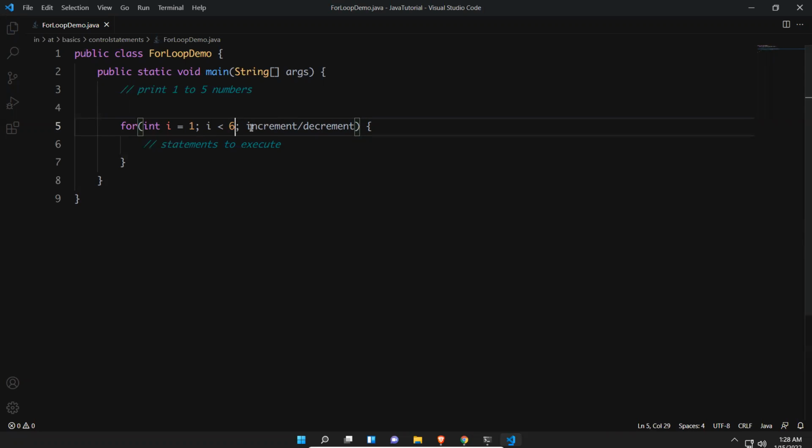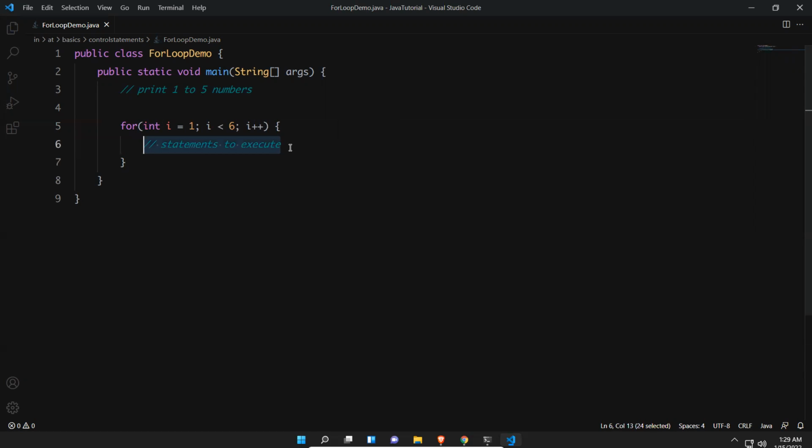Increment or decrement according to your requirement; I'll say i plus plus. Initialization, condition and updation, everything will be on the same line, within a bracket. In the while loop, you initialized outside the while, checked the condition in the while, and in the statements you updated the counter i plus plus. Here, everything is in a single line.